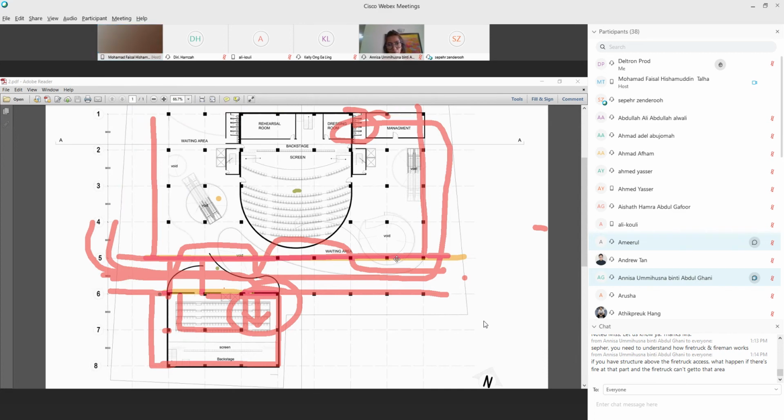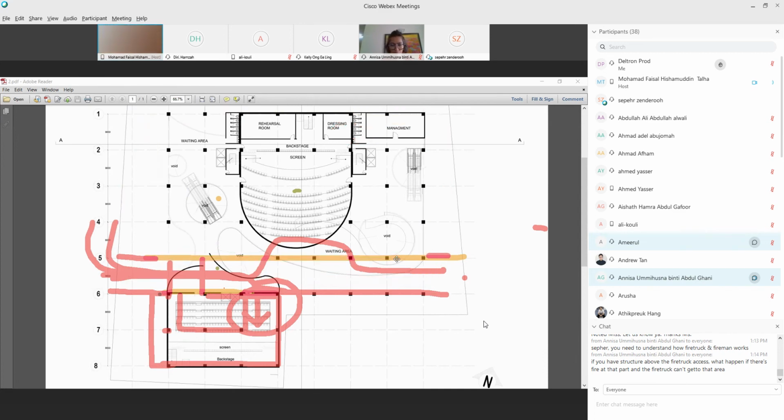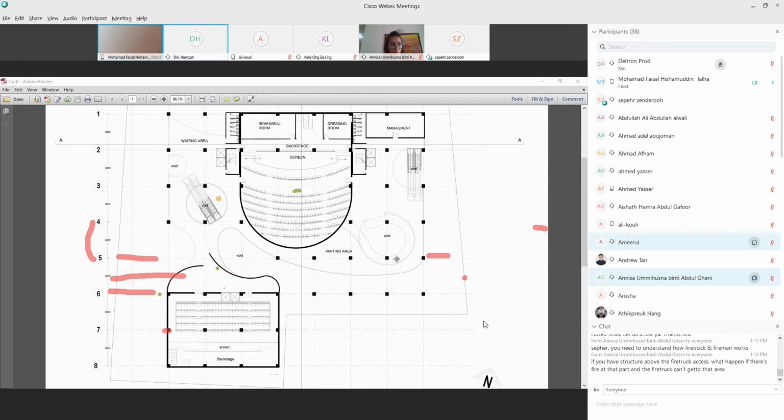Understand, Hamza? Yes, sir. Very simple, isn't it? Okay. What about if there is a bridge above the fire axis? Can it be, or nothing on top of the fire axis? It can be a short bridge. A small bridge is okay, right? Yeah, as long as the bridge doesn't cover the whole road, you can have a small bridge there. Okay, fine. Thank you, sir.